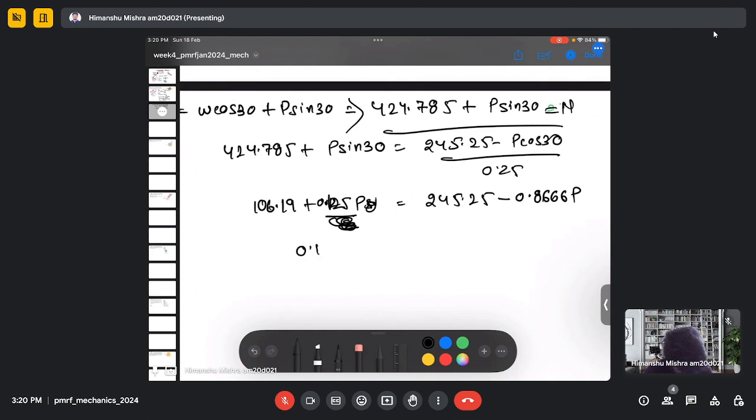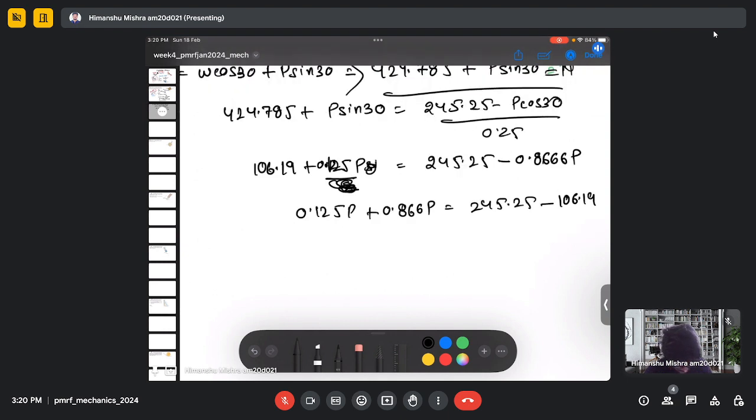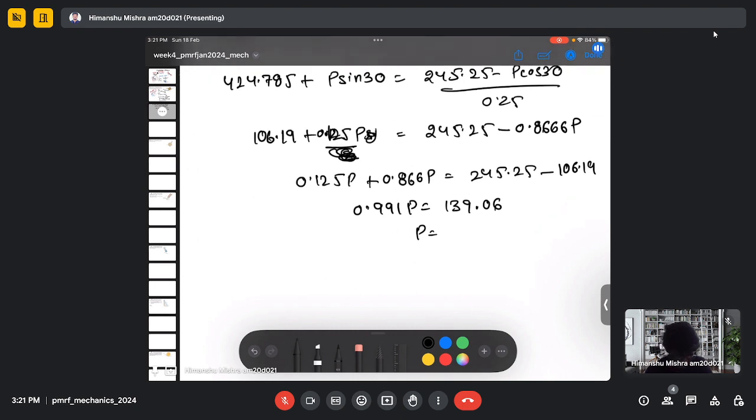So it will be 0.125 P plus 0.866 P equal to 245.25 minus 106.19. So this will be 0.991 P equals 139.06. So I will get P as